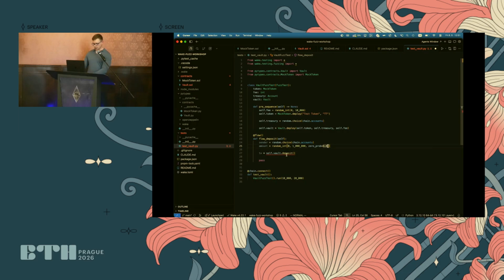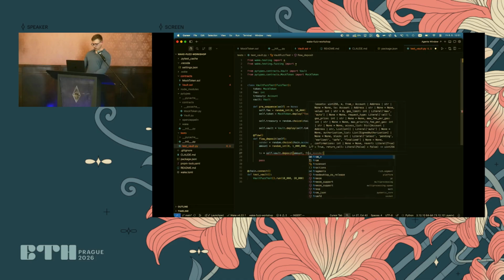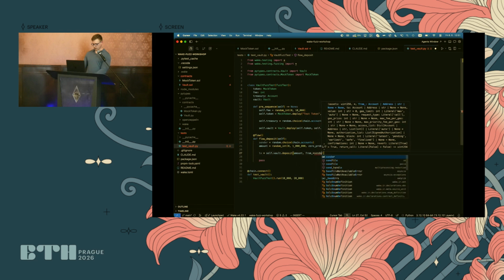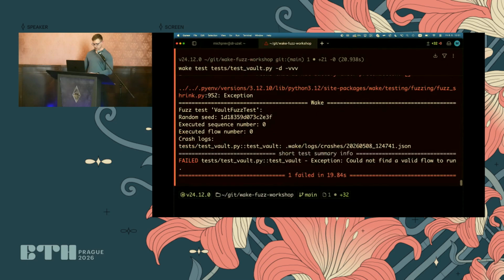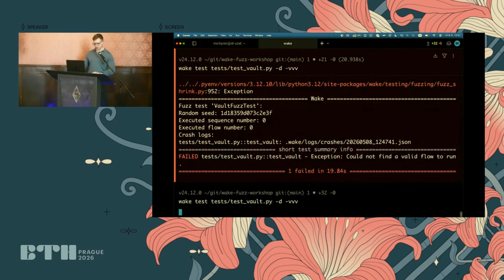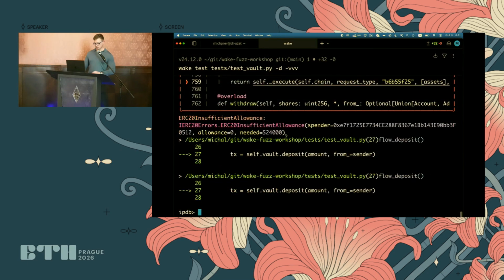And we can pass those parameters now inside the deposit function. So we will send the amount. We will specify from as the sender who's sending the transaction. We can now even execute the code, but it won't be super interesting because it will just revert. Maybe it's still quite interesting because we can inspect why it reverted, but I think it's quite clear because we've said that we will send this amount of